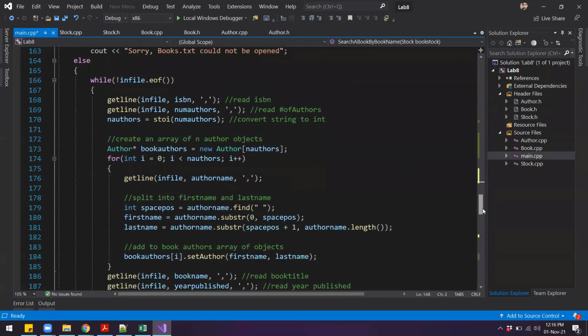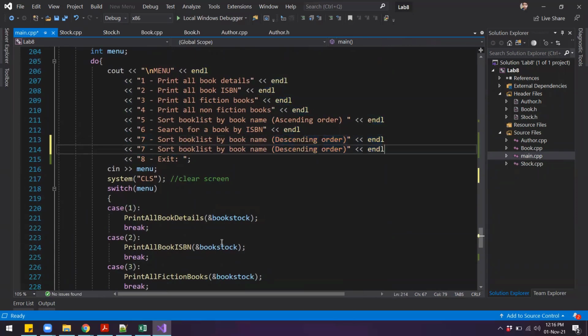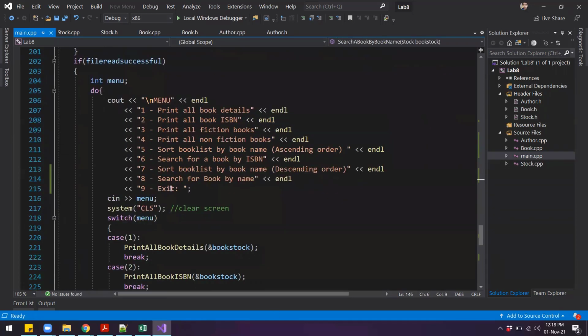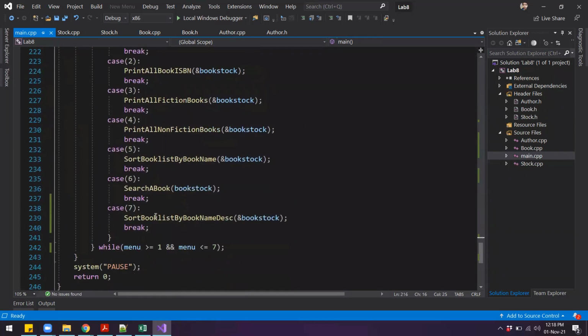Now in the menu, let us add one more option. So I'll copy this and I'll change this to 9 and this to 8, and over here we can say search for book by name. Okay, and then in the while loop over here, I will add the option for 8.